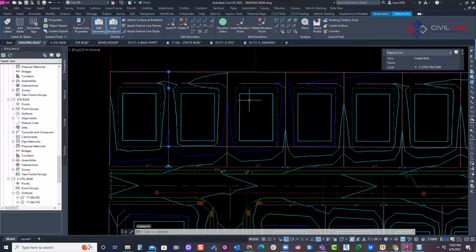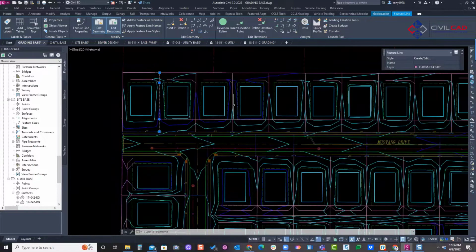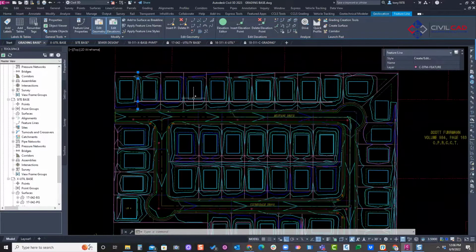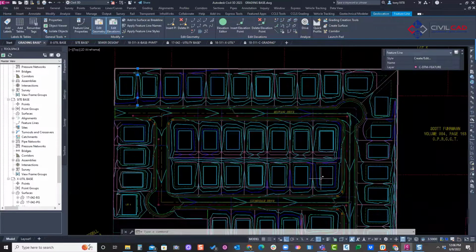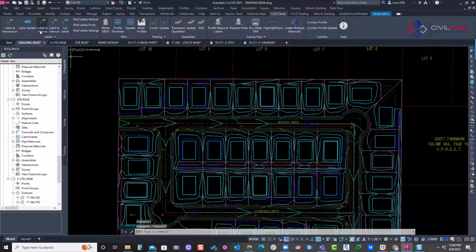lots? The old method, I used to just spot grade manually, wherever I wanted, I'd just go snap, snap, snap, snap. And that takes a lot of time. I think this subdivision probably had 500 spot labels. That's 500 clicks. Well, with our app, we can use Label at Vertices, and it's going to ask me,